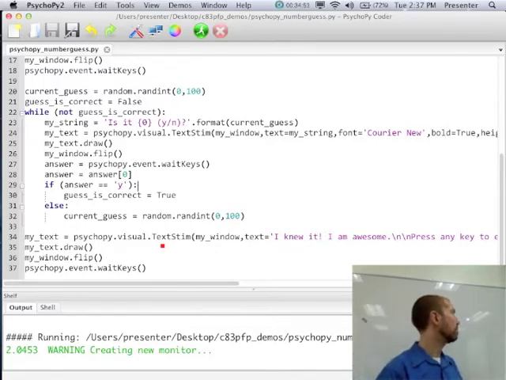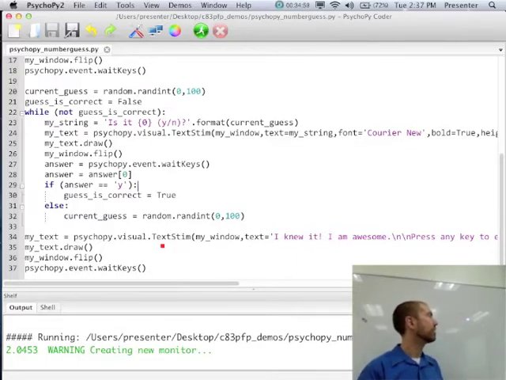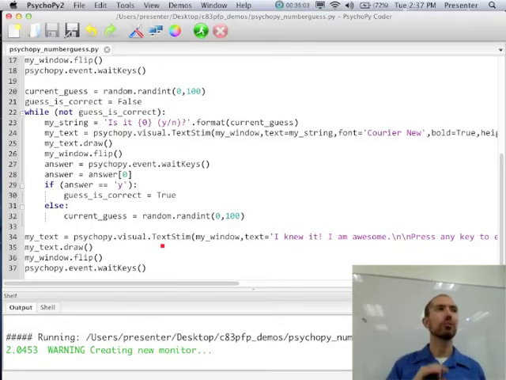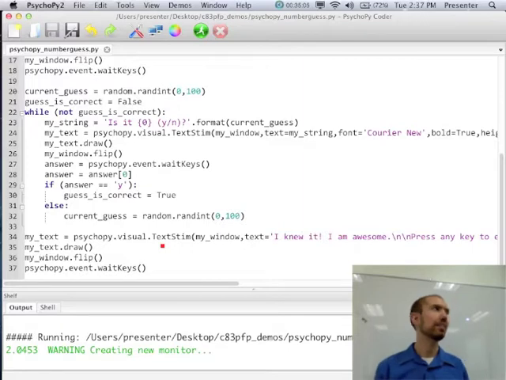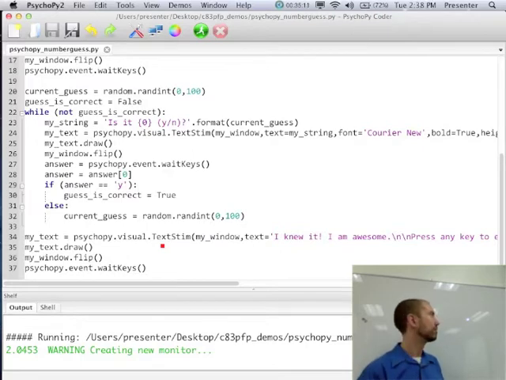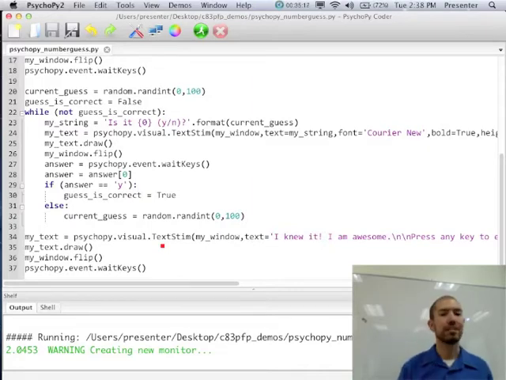But if you're using objects in Python, and if you're using PsychoPy, you're going to have to, because PsychoPy is very object-oriented, get used to this other way of thinking about it, which is I don't call some draw function and tell it to draw text. I tell the text to draw itself, right? Does that kind of make sense to you guys, the difference between those two? If I'm thinking about calling a drawing function and passing in text, that's procedural, but if I'm telling the text to draw itself, that's object-oriented.